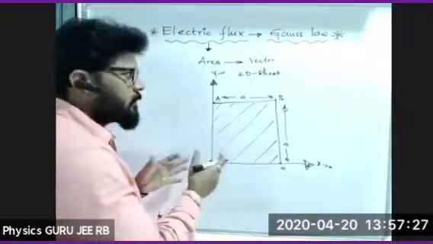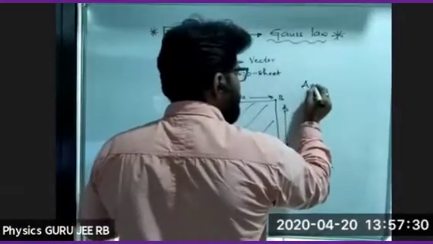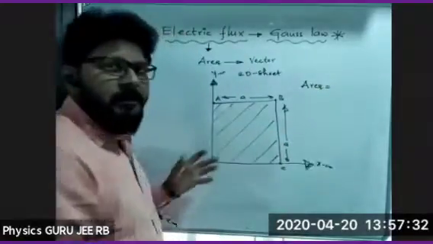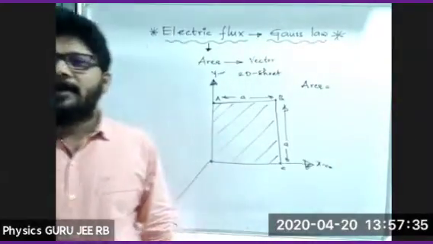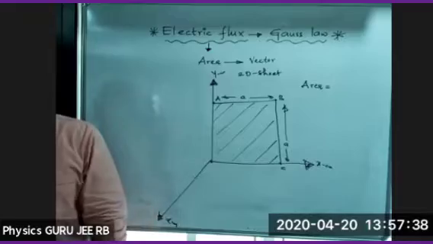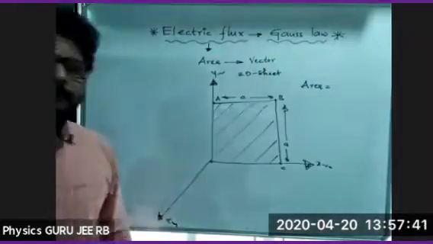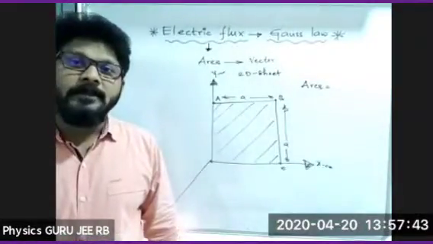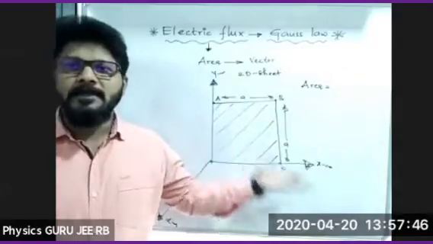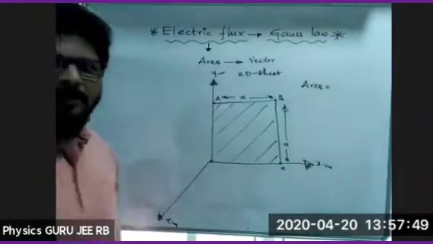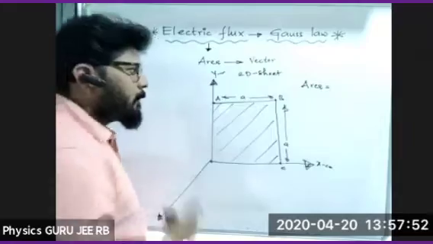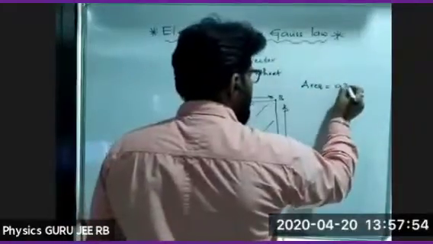So simply if I say, what is the area for this one? Can anybody tell? Area of this square plate. If I take a square plate, what is the area? Anybody? Nobody? A square. Length into breadth. Simply we'll be saying length into breadth. That will give only magnitude. Okay. Now this simply will say A square.